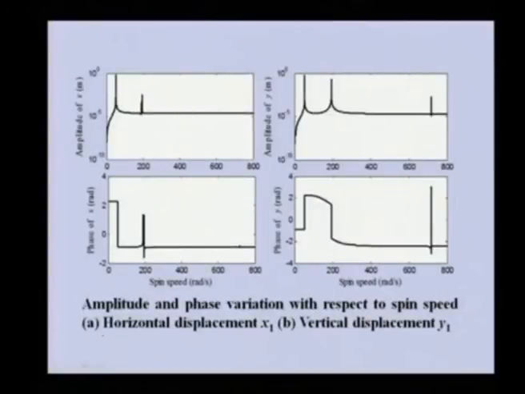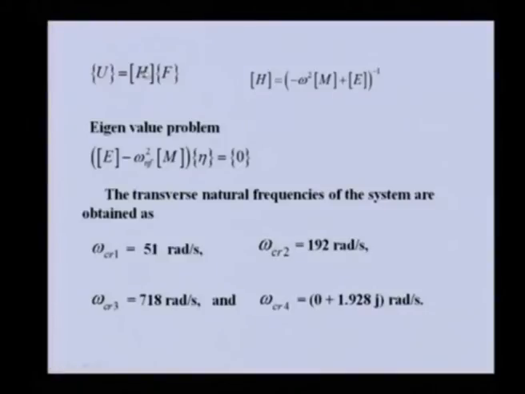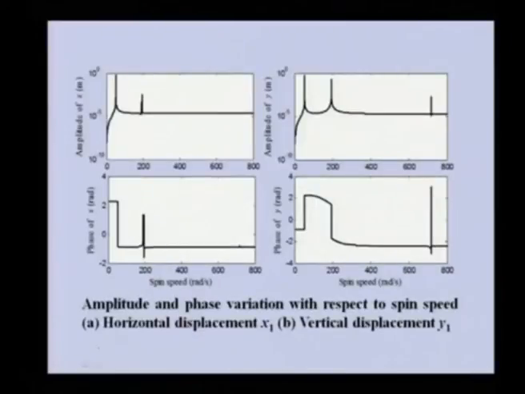So, the previous equation we can simulate for various values of omega, for various spin speeds. So, we will get the various unbalanced responses. We have plotted these. So, you can see this is the response in the x direction and the phase of that. There are 2 critical speeds we can see in this, because of linear motions. Here we are getting 2 critical speeds, the third is also there, but it is not seen here. But in the y direction we can see the third critical speed also, and there is a phase change wherever these critical speeds are there.